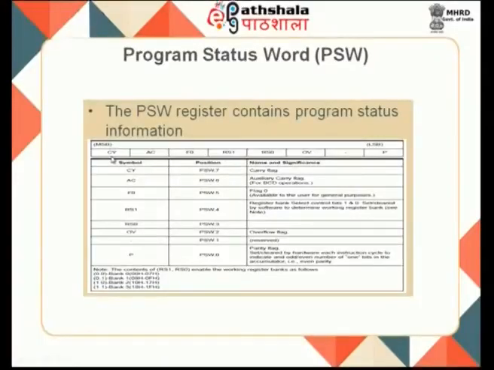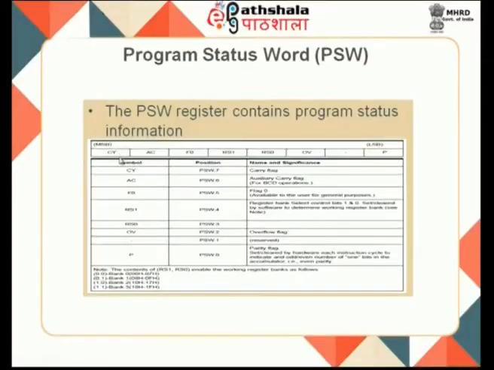That means it shows the status. The first bit, that is the 8th bit, the MSB, if it is 1, then I will say that there is a carry. I can call this PSW.7, and this is the carry bit, otherwise called the carry flag. If a carry occurs while I am doing processing, then this bit will be set to 1.